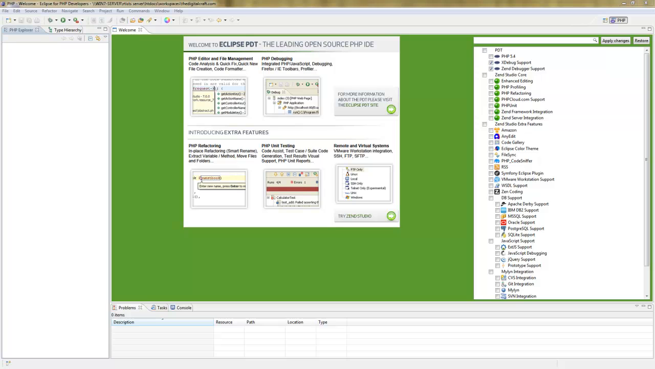You're going to probably want to rearrange your workspace here. They actually call these perspectives in Eclipse, not workspace. Something very cool about Eclipse as compared to Dreamweaver: